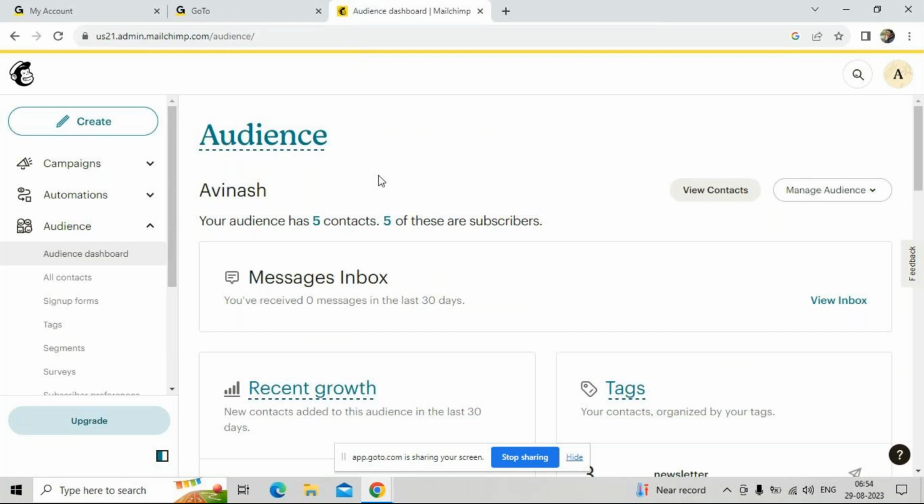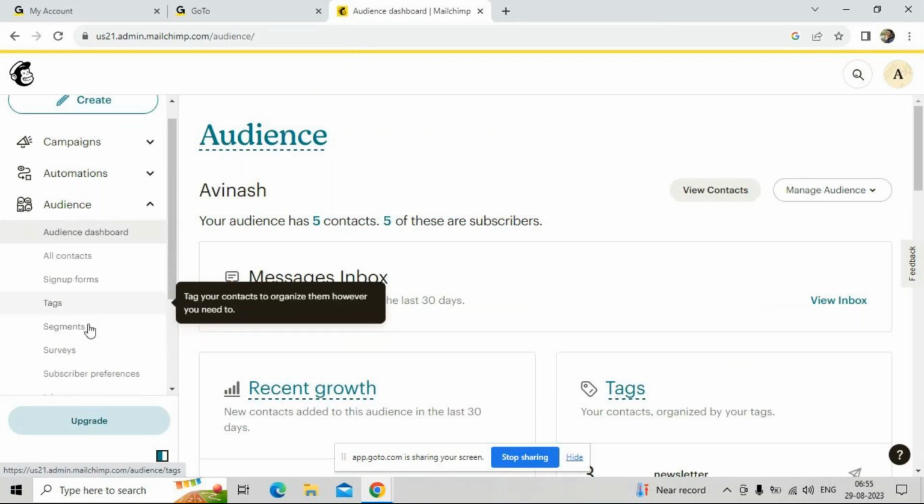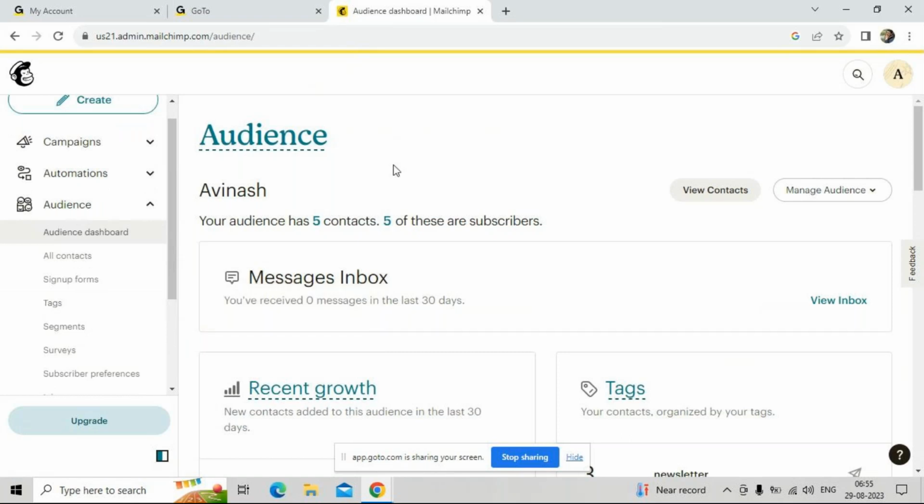Under audience, we can also categorize them. We can tag them and we can add categories to them. Segment them. Tags and segments are there under category, under audience. So audience means a set of people. In that set of people we can